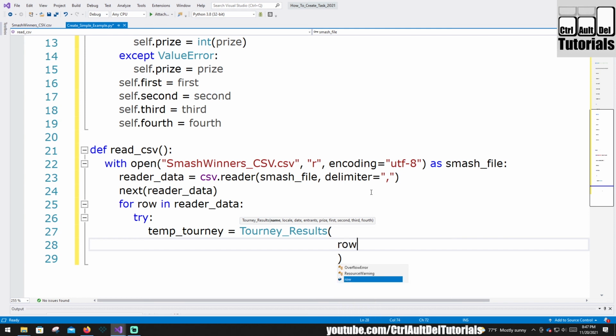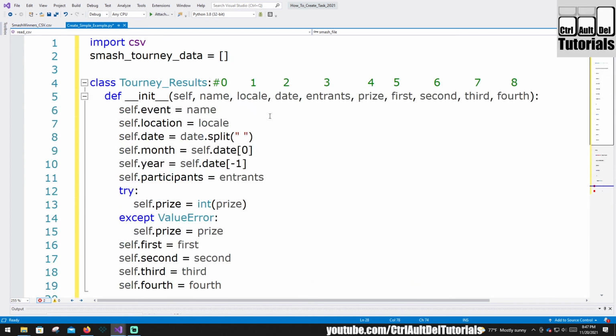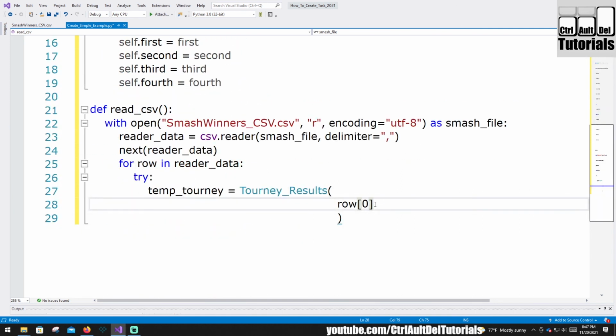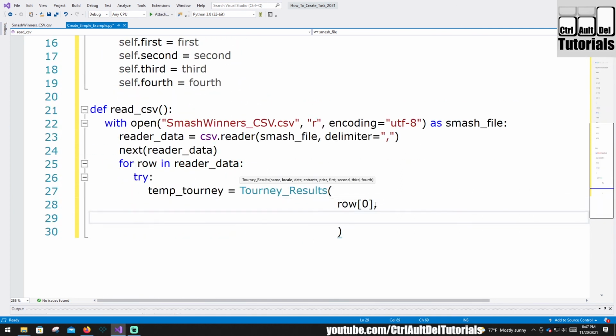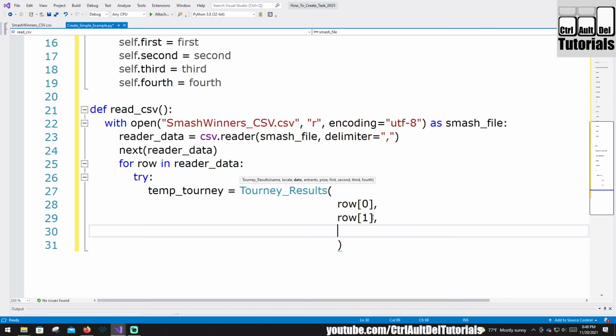So row, the first thing that I want in, and we can see here, it's kind of tiny, but it says tourney results name. And we know the name was index 0 based on what we did up here. So we're just going to go in order here. Row 0, comma, enter, row 1, comma, enter,